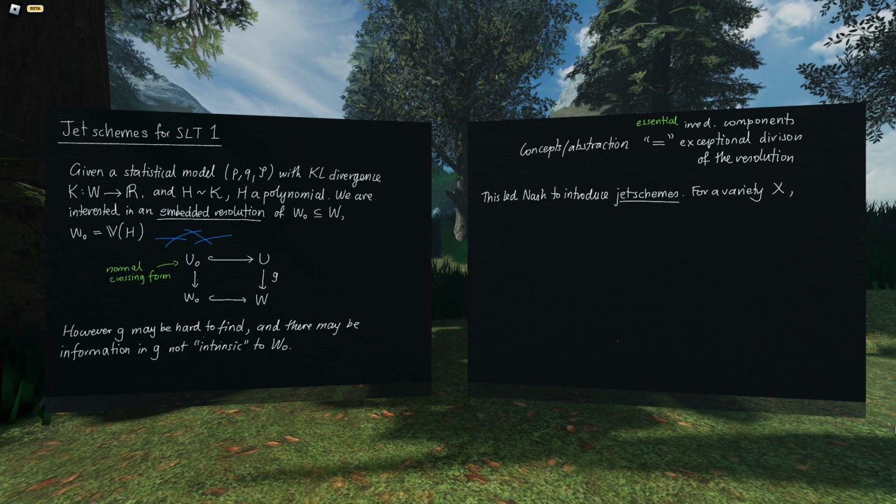For a variety X, with resolution of singularities G. Okay, so this is a bit of a different situation to the previous board, right? But at some level, the content transfers over. So for a variety X with resolution of singularities G,